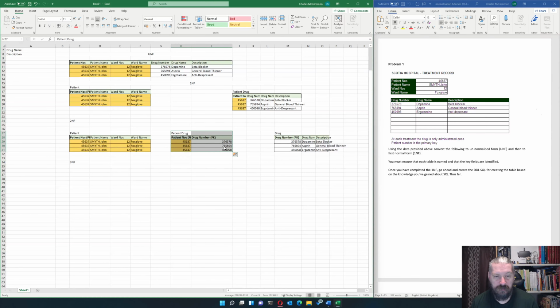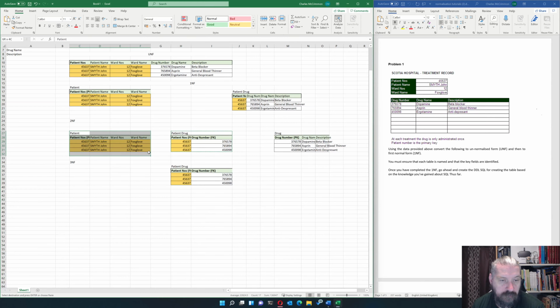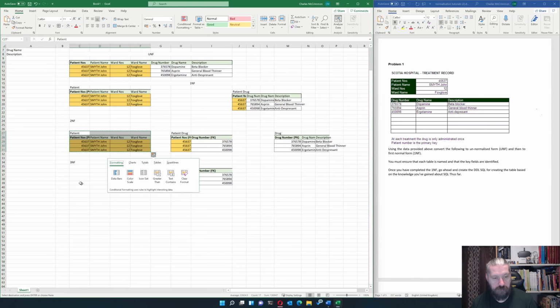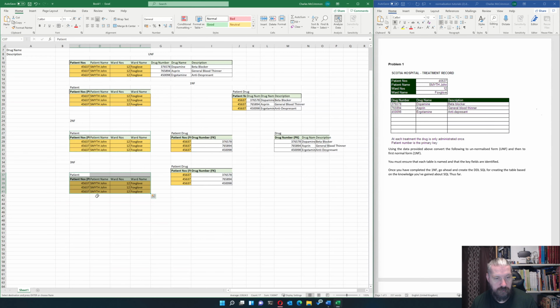So this one here is already 3NF because it's just a key table. And we'll look at the patient. The patient entity, is there any transitive functional dependencies? Well, we can go ahead and check. The transitive functional dependency is